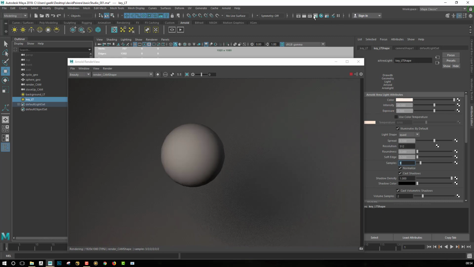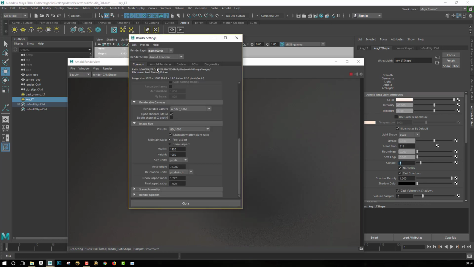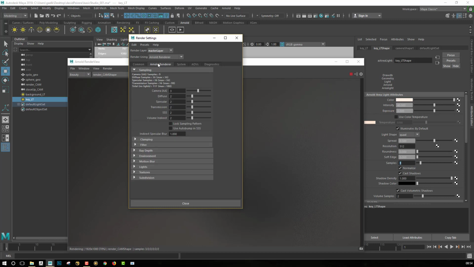And then I will go in the render settings. In the Arnold renderer tab here, you have some anti-aliasing parameters. The camera anti-aliasing will be an overall anti-aliasing, so an overall sample value.